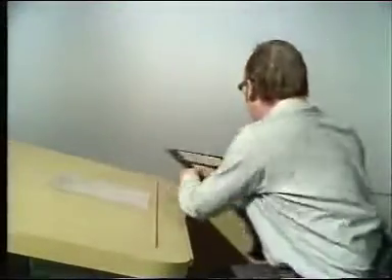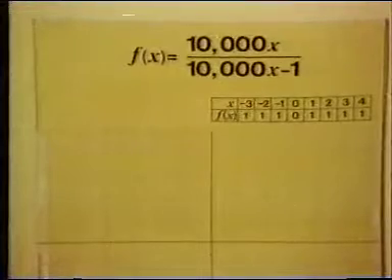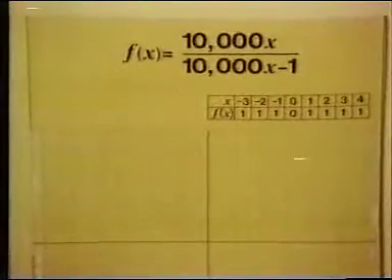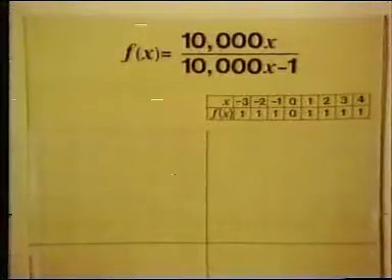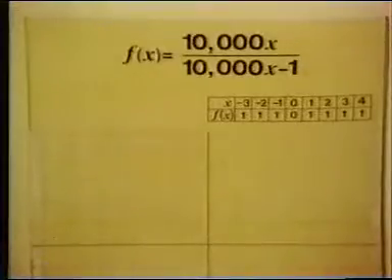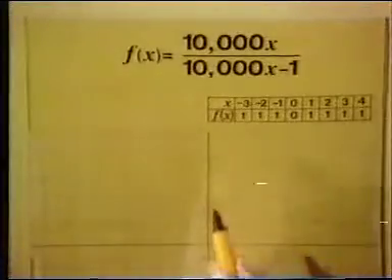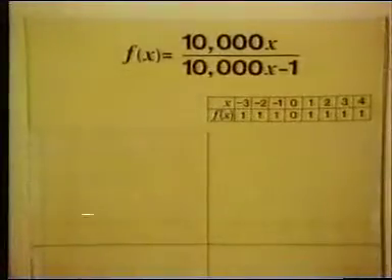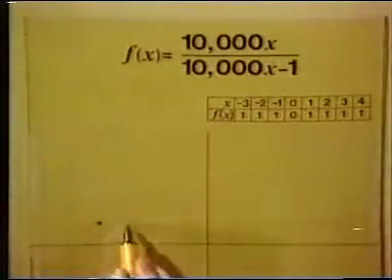Well, you might say, why didn't I plot more points? Sure, I could plot more points, loads and loads of them. But there's one fundamental difficulty with that process, and let me show you what it is. Look at this. Here's a function, 10,000x over 10,000x minus 1. And I've chosen that function very carefully because when you put in integer values, minus 2, minus 1, and so on, you get out the value 1. If you work it out on a calculator, you get 1 in almost every case, except at the origin, you get the 0. And if you plot those values like this,